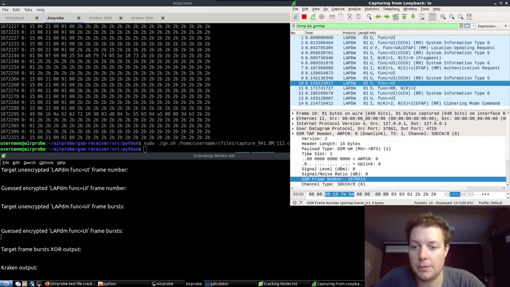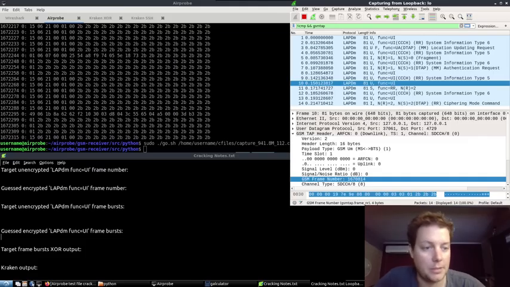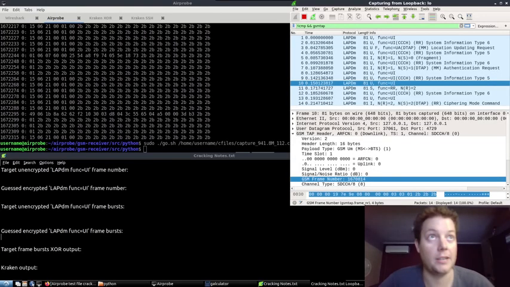So our target packet is going to be a LAPDm function UI packet. These are an idle packet that are repeated every 102 frames on this particular GSM base station. A lot of carriers utilize different equipment and implement the GSM standard differently, but this particular GSM base station repeats LAPDm function UI frames every 102 frames. And we can confirm that by locating frame number